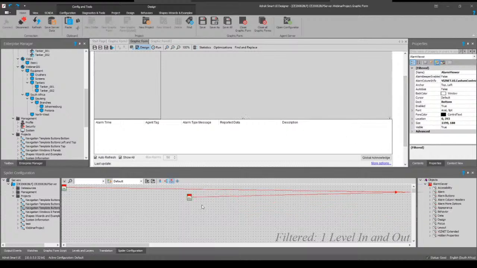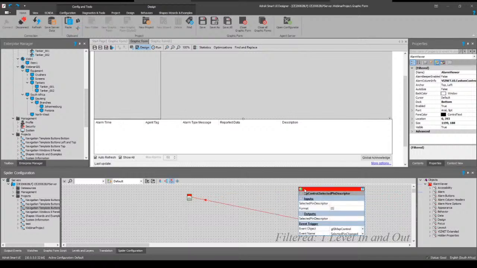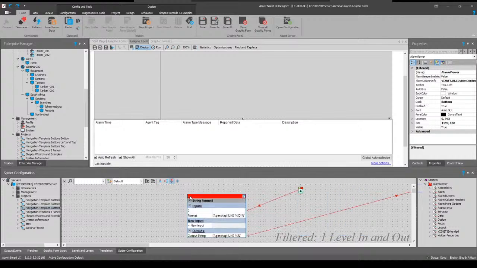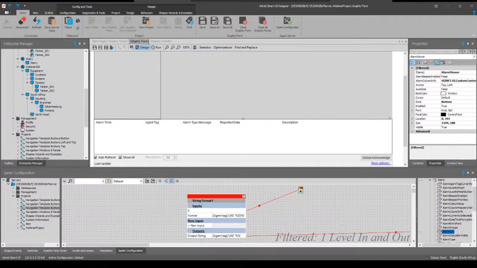So you'll see I've got it set up that my selected pin's descriptor value gets pumped to a string format that is put together into a filter string, and that filter string gets driven to my alarm viewer here at the bottom. So if we switch back to our operator,